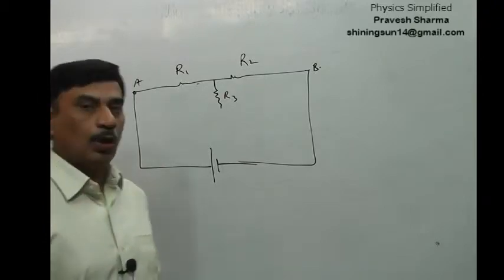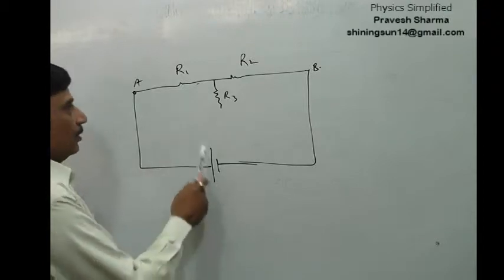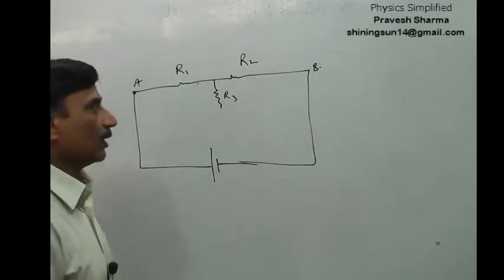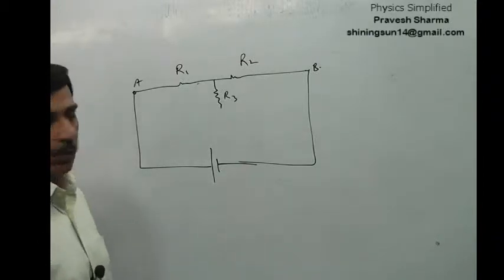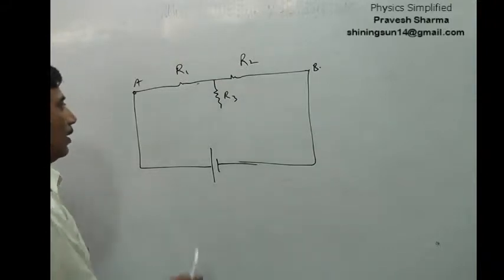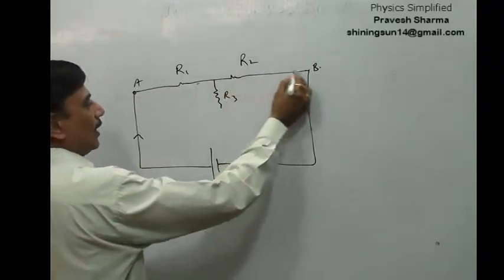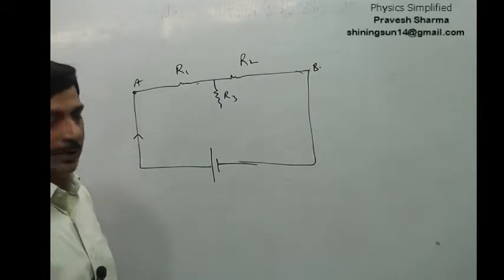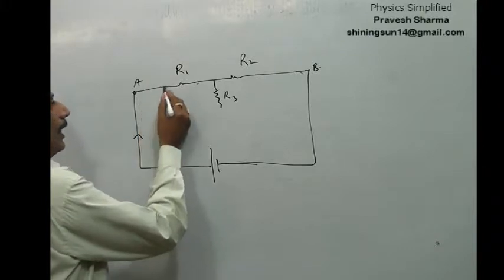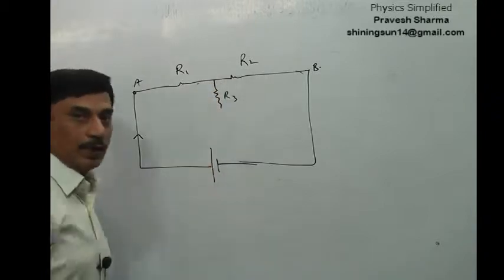Now what happens if you have circuitry like this? This is the battery, and over here I have resistances R1, R2, and there is one resistance R3 hanging. Can you find the equivalent resistance in this case? Yes, we can. What happens to this R3, which we have generally not seen in a network? Once the current starts from here, it will go like this, and like this, and gets into the battery once again. This R3 will not have any meaning. It will not happen that current goes like this, comes here, finds this is a dead end and then comes back. No, it is not like this.